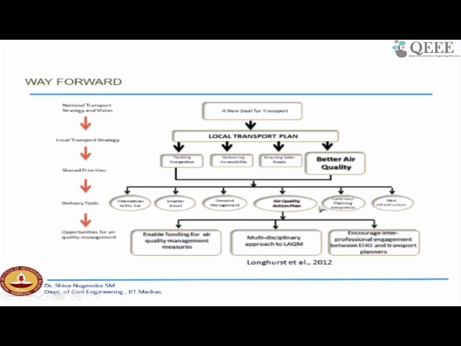But if you recollect the last slide, you will notice that air quality in a few locations is very bad. Then a city level policy will not be effective in reducing emissions at the local level. So you need to have a local level air quality management plan. In such cases, you should have an air quality action plan for that particular area. For example,